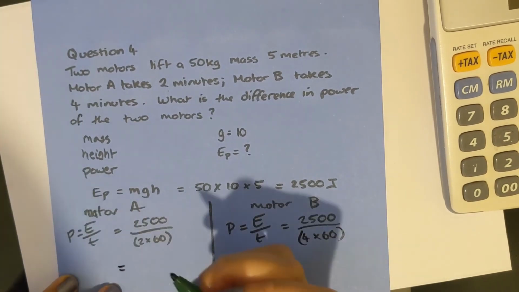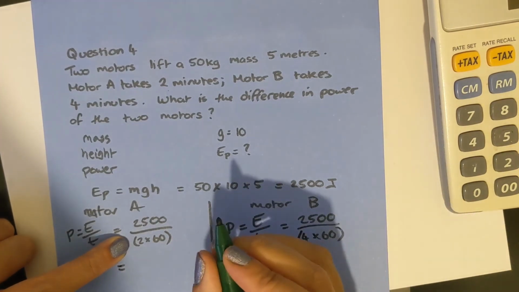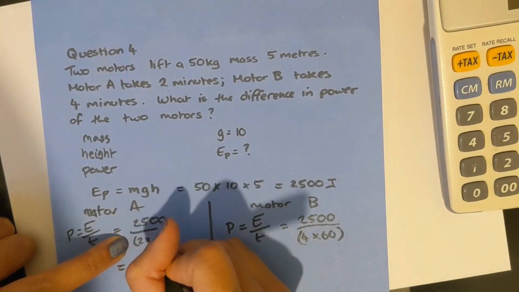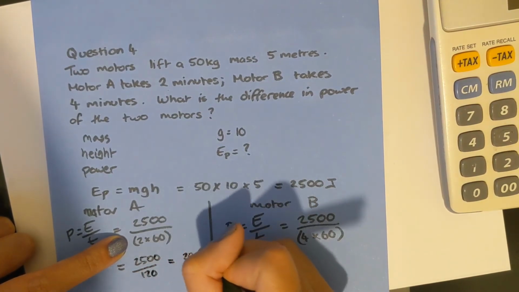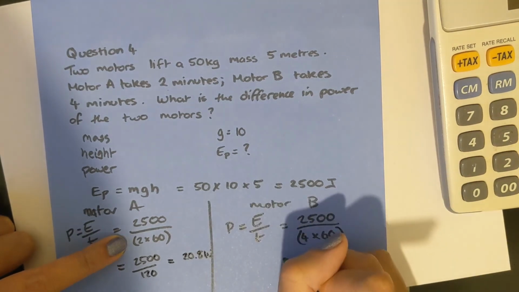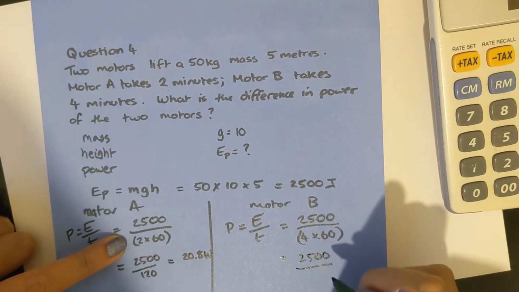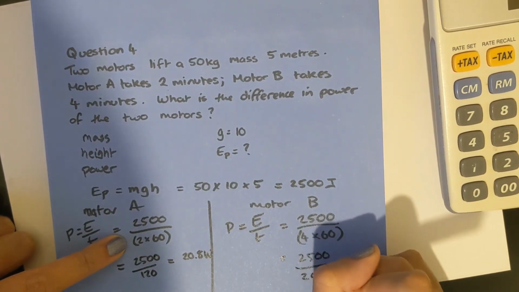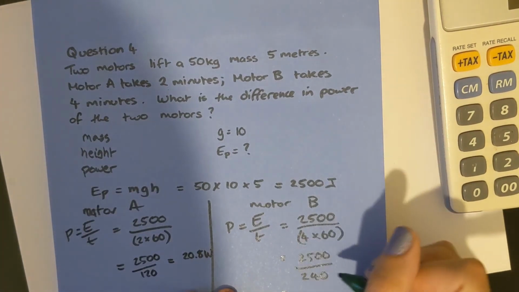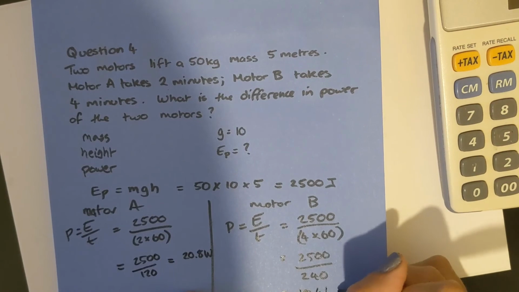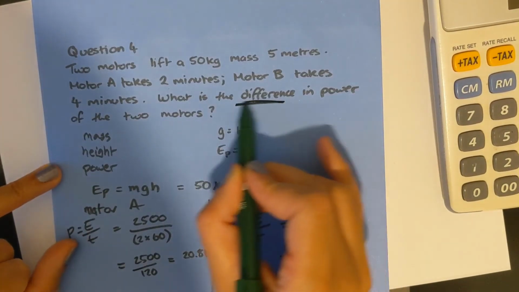So to work that out then, we're going to have 2,500 divided by 120, which gives you 20.8 watts. And then we're going to have 2,500 divided by 240, which gives 10.41 watts. Okay, this would be enough to get you most of the marks, but the question asks what is